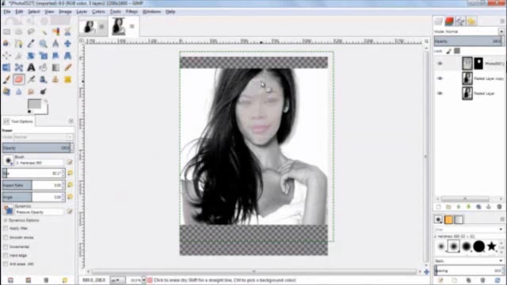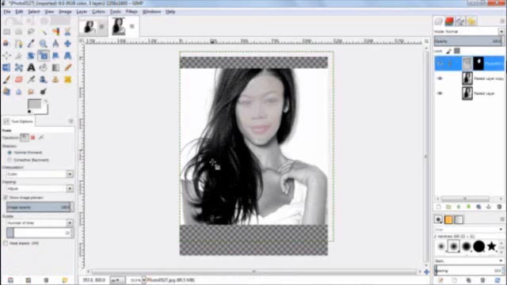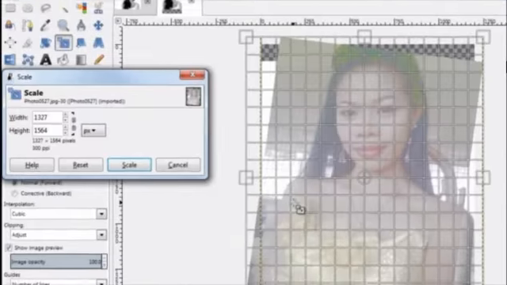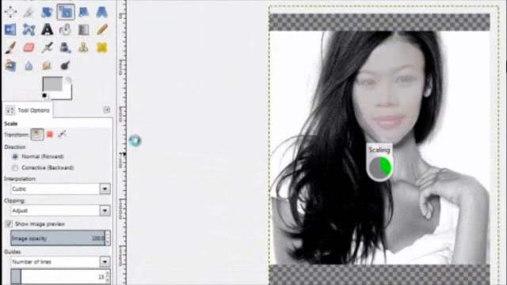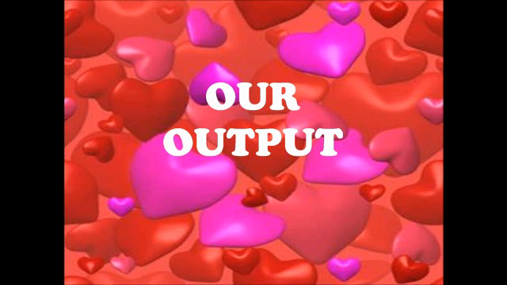After erasing it, the picture is finished. Scale it again.